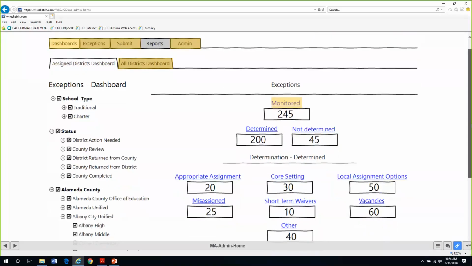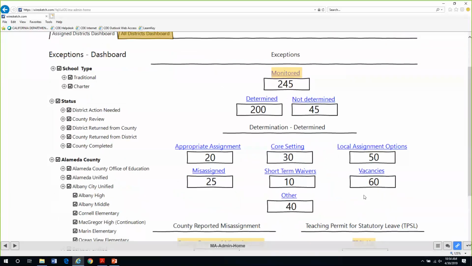Down below are some of the drop-downs on the determination reasons. When I'm providing a determination or an explanation on those exceptions as an LEA, I have a drop-down of choices. One of the choices is always going to be other, with a type-in field, but course setting is one of my options to say this is really justified because it's part of a course setting.